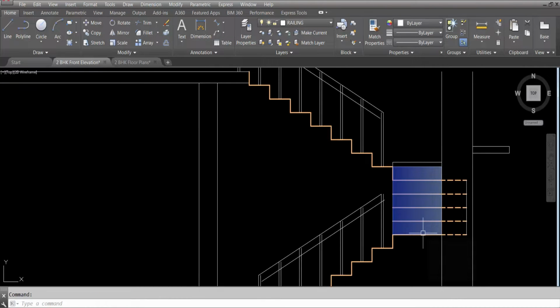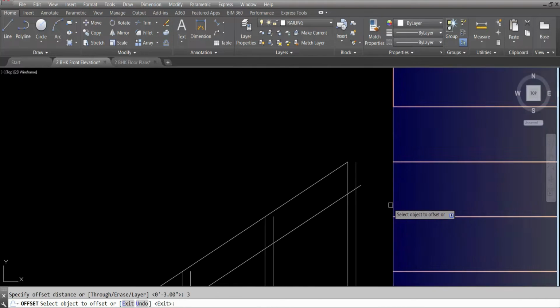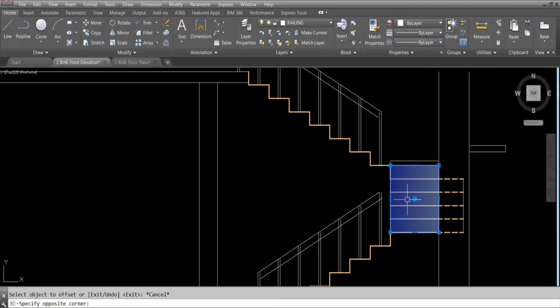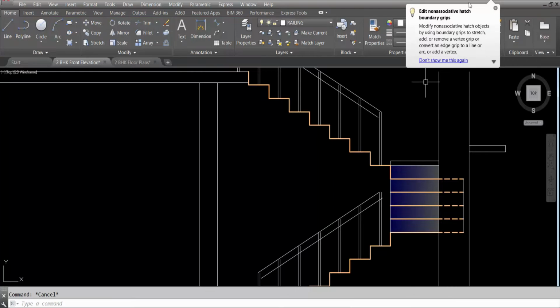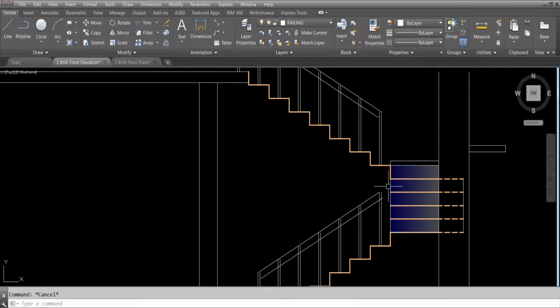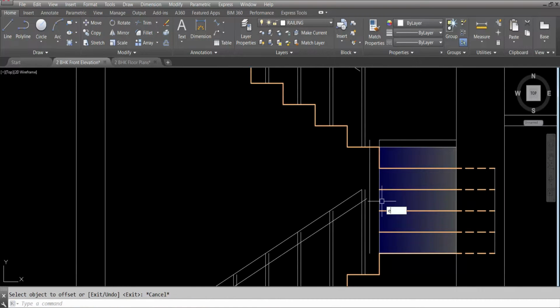Now, we have to give offset here also. Give offset distance 3 inch. This side railing also will be there. So, select, draw order, bring, send to back, so that you can select this line. Give offset distance 3 inch, select, click on this side. Now,